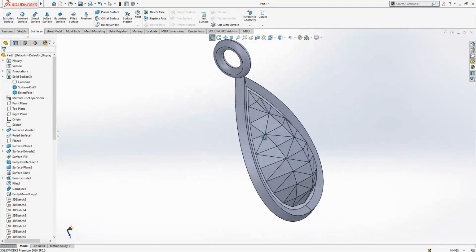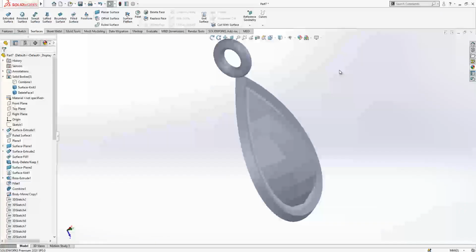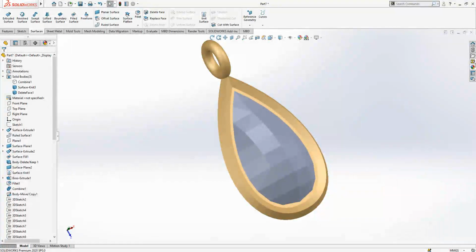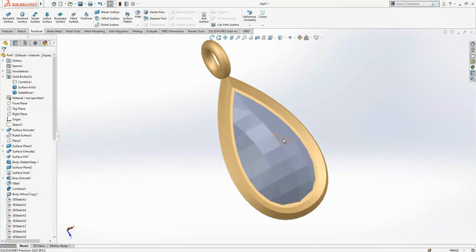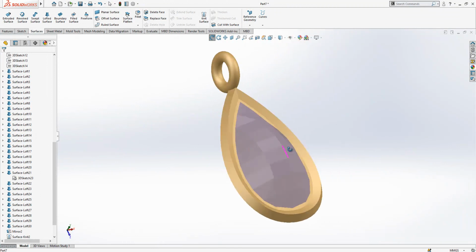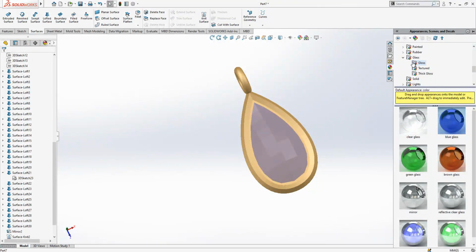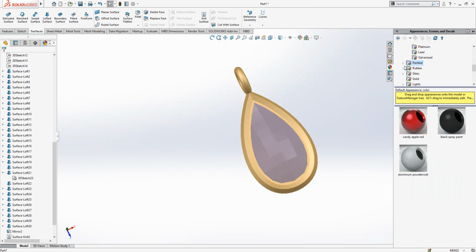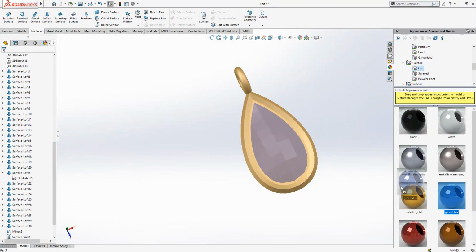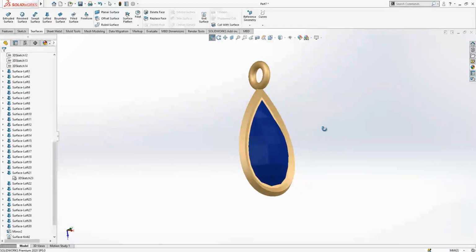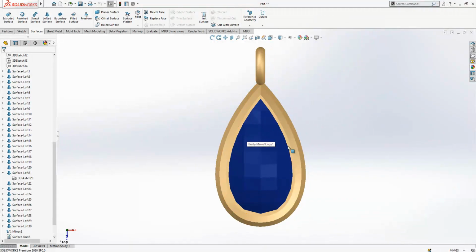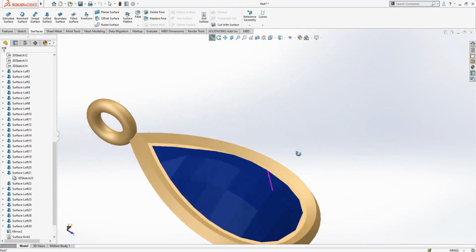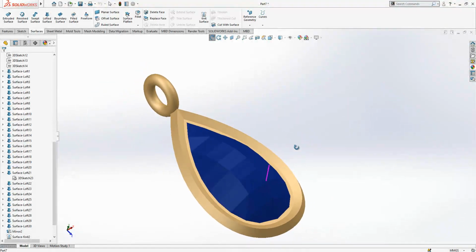And I will not make it now combined, but I will assign material again outside. Let's make it gold, and inside will be glass, blue glass. Because of reflection, it's not looking perfect, but maybe we can define just a painted color. It's up to you. I'm not a perfect guy who's having good render skills, but this is the model that I wanted to create for you